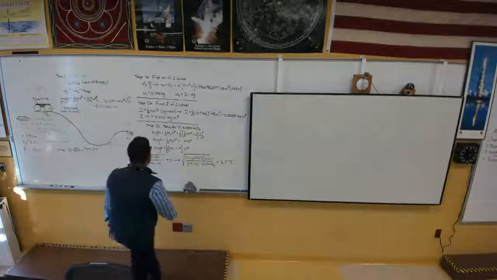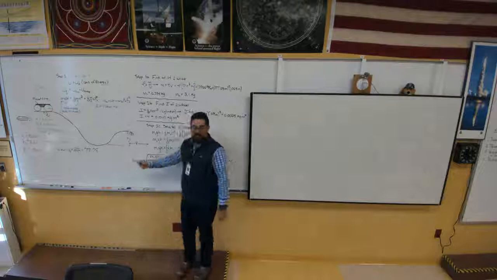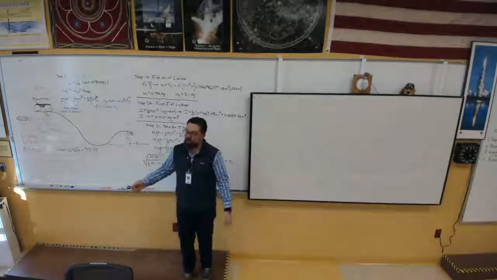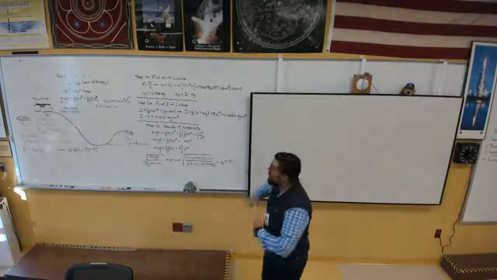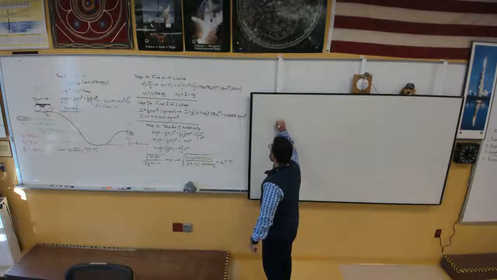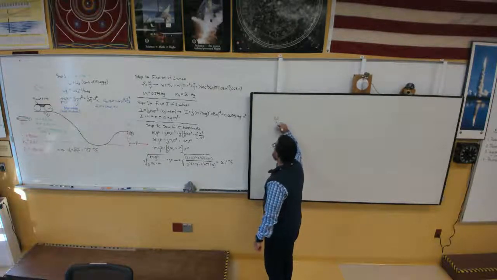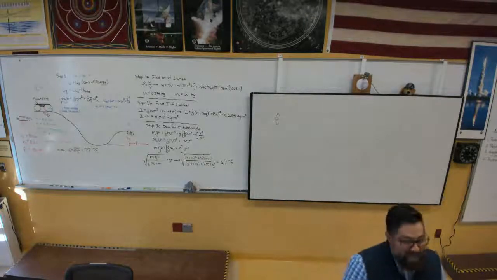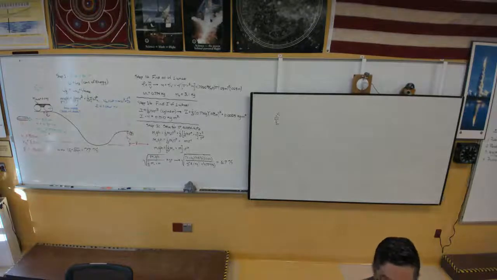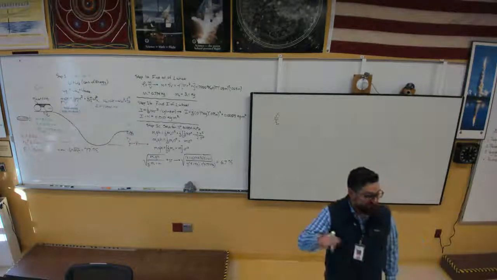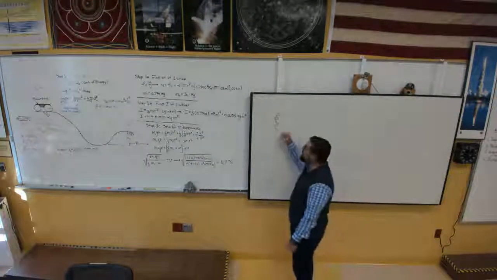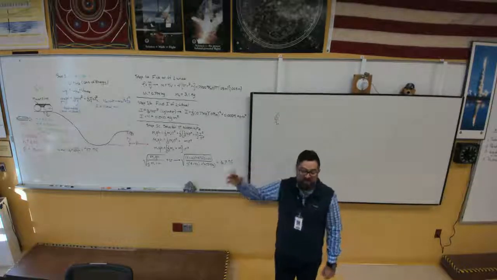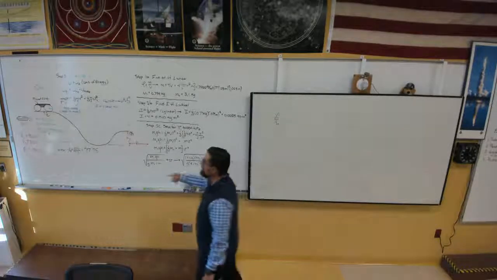We have not answered the question. The question was, what is the normal force at point 2? Well, perhaps you started here when you drew a free body diagram and recognized that there was going to be a weight force going down and a normal force going up when it reaches the top of that curve, and that the weight force has to be larger than the normal force in order for it to be completing a vertical circle. There needs to be a leftover center-seeking force directed radially inward to the center of the circle